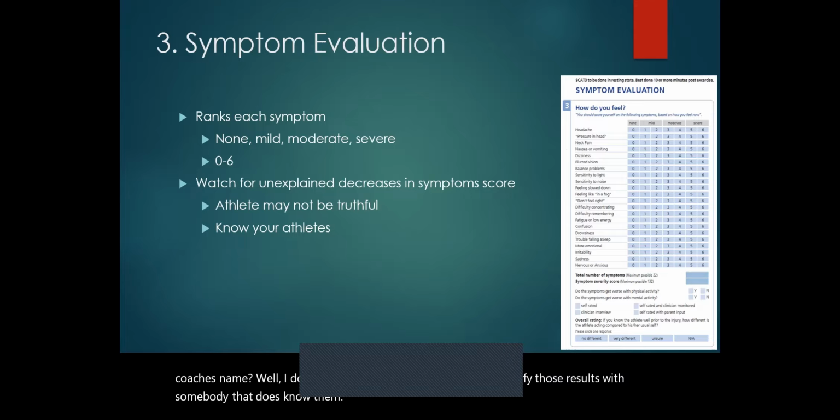Looking at part 3 here, it's symptom evaluation. So on this list, it looks like 22 different symptoms. But again, this isn't all the symptoms that someone might experience when they have a concussion. Again, they might be more physical in nature or more cognitive. So I can't necessarily see someone having difficulty remembering, difficulty concentrating, a lot of sensitivity to light and sound, other than they might be shielding themselves, things like that. We also have to think that these are self-reported.